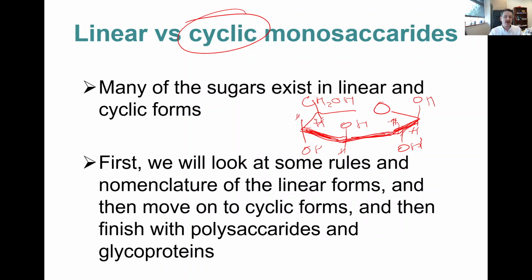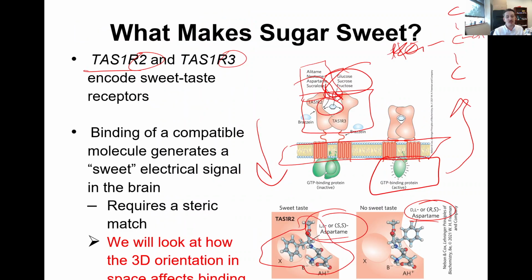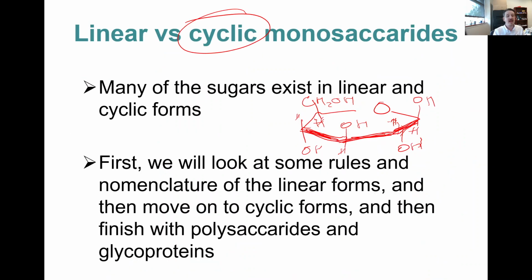That's actually very important. And exactly the same as on the previous slide, we had left versus right, and although they may have the same empirical formula, and although you may think, hey, what's the difference? It's just putting the OH to the left or to the right. Surely that doesn't make a difference. Actually, it does. It makes a big difference. It's going to influence a lot about the chemistry and the downstream application in the biology. And in the same way, up versus down is going to influence the way that the sugar interacts with the biology. And exactly the same as we had with the receptor, down versus up is going to influence how it might bind to a receptor, and you may not think it's a lot,